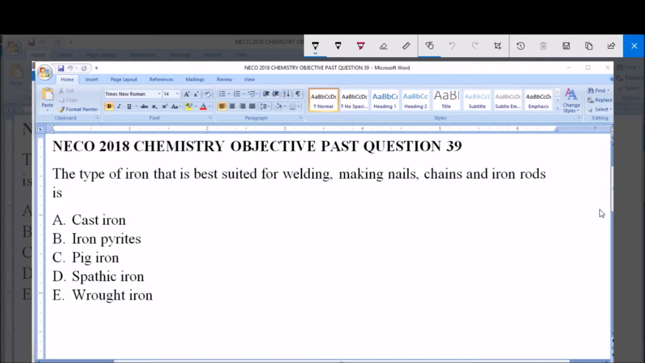The type of iron that is best suited for welding, making nails, chains and iron rods is: A. Cast iron, B. Iron pyrite, C. Pig iron, D. Spatic iron, E. Wrought iron. So we're asked for the type of iron that is best suited for some specific purposes here, such